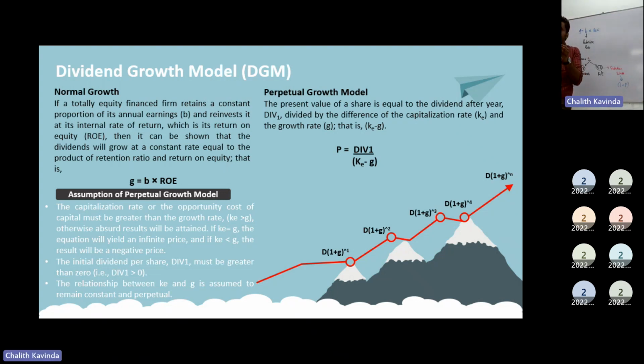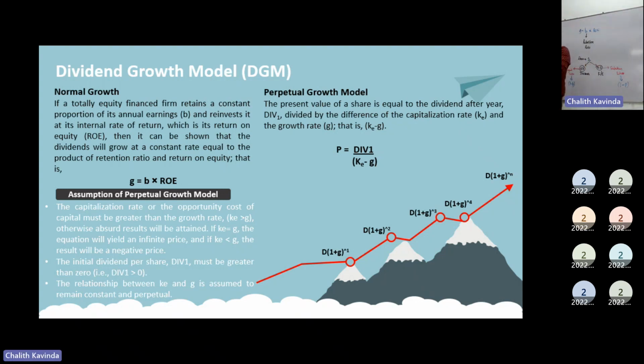If the dividend is linked with a number of years, it's constant growth. But if the dividend is not linked with the number of years, it's perpetual. Simply, we can say the dividend will grow at a rate of this much for 6 years. Dividend is linked with the number of years. It's very easy. But if we say the dividend will grow at a rate of 10% to infinity, do we have a number of years linked with it? No, it's simply perpetual growth.